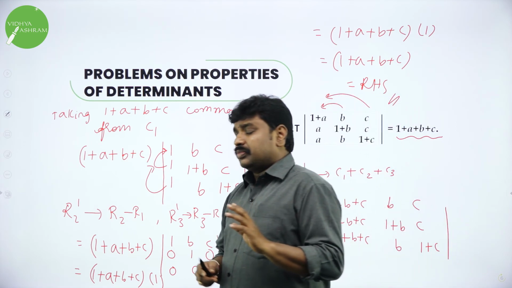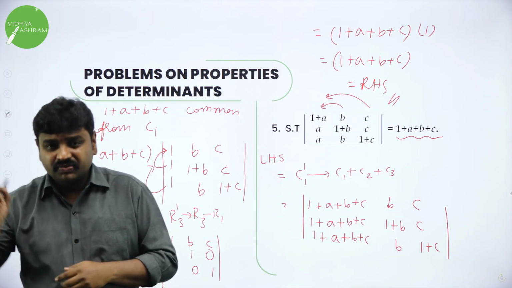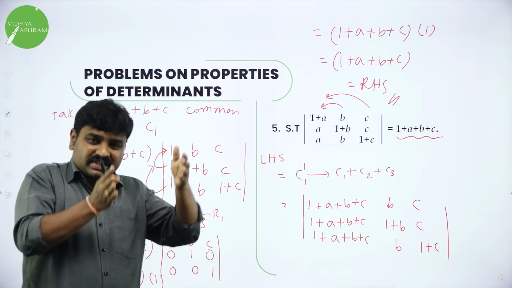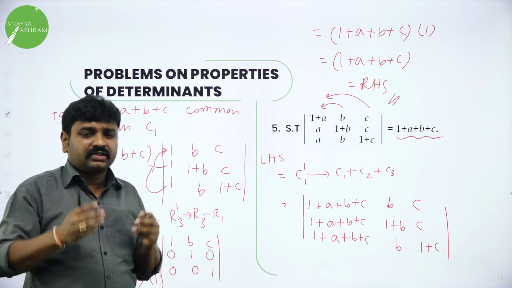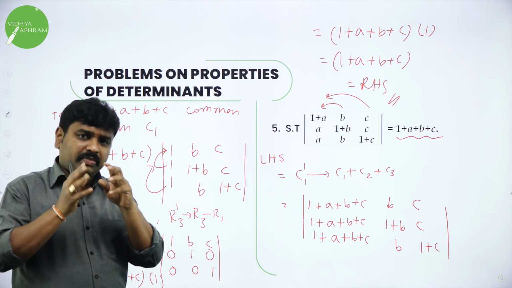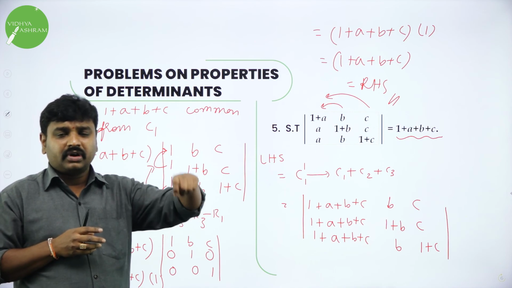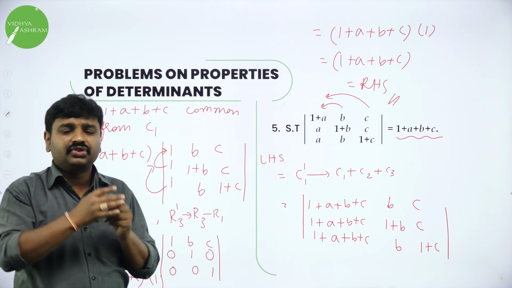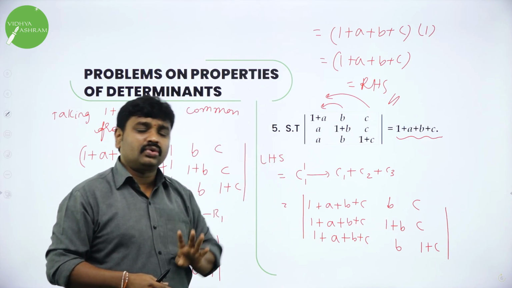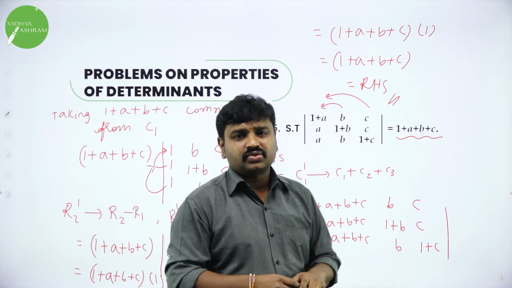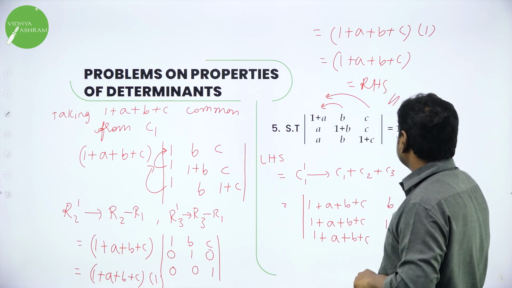Now for the first problem, second, third, fourth, every problem, first we will see the RHS. Then we will see the arrangement of elements, whether they are in a column or in a row; that is our first observation. It is like playing chess. Every pawn you want to move depends on how they are situated. Here, depending on how the elements are situated, you can decide whether you should do a row transformation or a column transformation. And the RHS helps you.